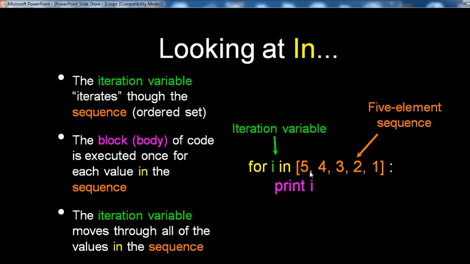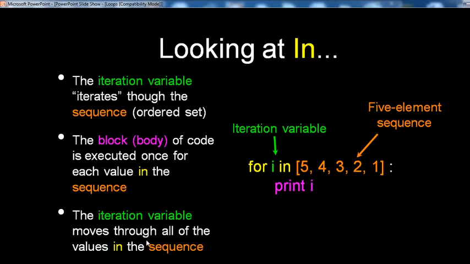That means for I in 5 4 3 2 1, that is a 5 element. If you want to print these 5 elements one at a time, you use a definite for loop: for I in range 5 4 3 2 1, print of I. That means the output displays every time: first print I as 5, then 4, then 3, then 2, then 1. In this way it displays.